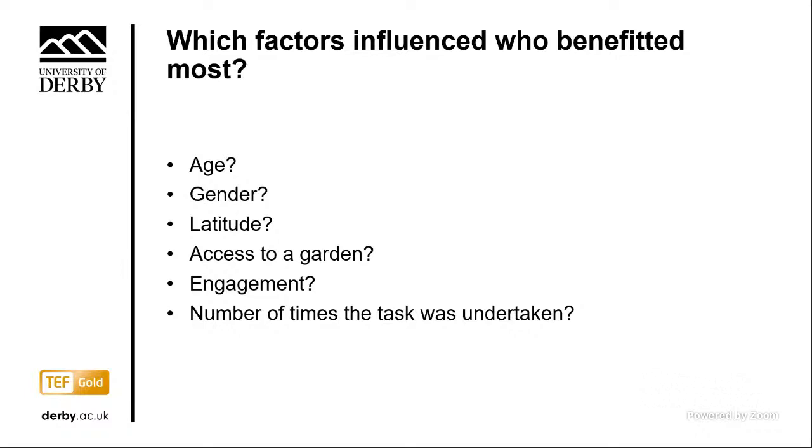We found that none of these variables actually influence the benefit that people derived from taking part in a nature-based task. So it's a bit surprising, but reassuring that it doesn't matter what age you are, or what gender you are, or where you live in the country, you derive roughly similar benefit from taking part in citizen science and other activities that involve connecting with nature. And it's also interesting to note that you only need to do a little bit of engaging with nature or a little bit of citizen science, and you derive significant benefit from that